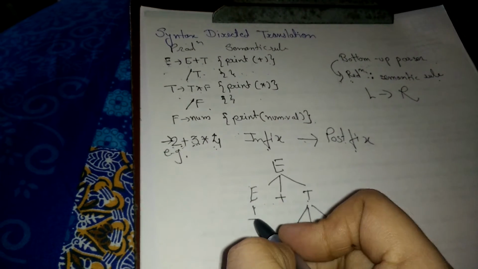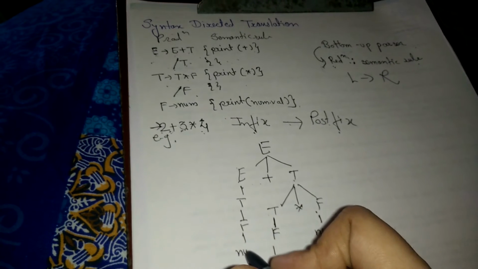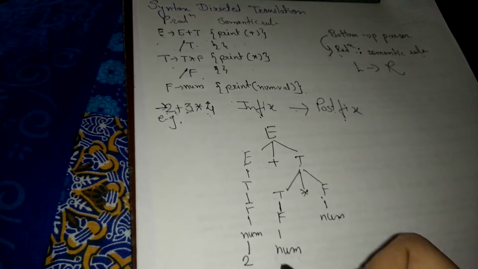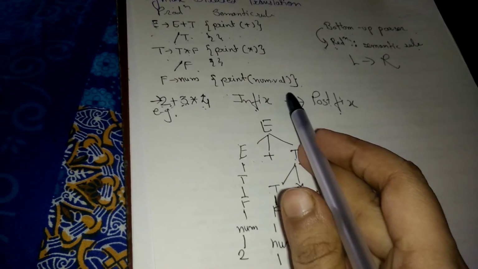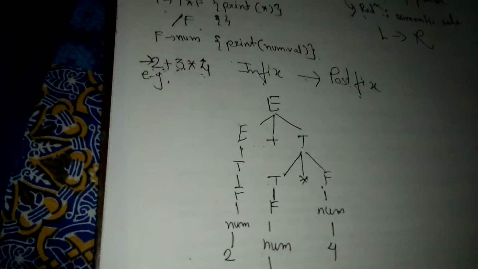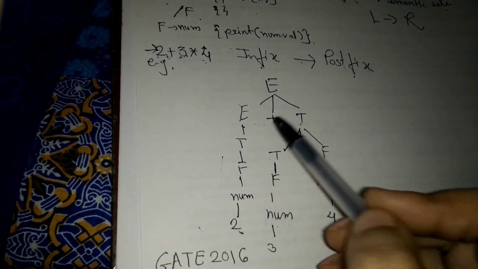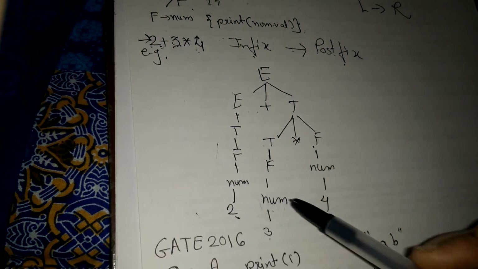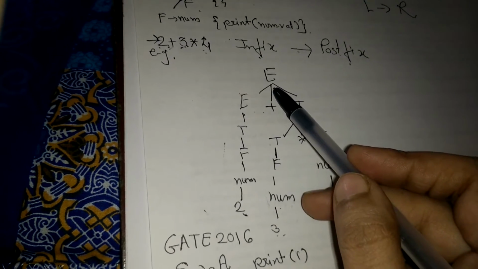Here for E we are going to first take T, then for T we are going to take F, and for F we are going to take num. Now what num is saying is, print the value of this. Num is nothing but a num value. Okay, so this is how your syntax tree will look after we derived it for 2 plus 3 into 4. As we know, the precedence of multiplication is higher, so 3 into 4 is done first, and whatever the answer, that will be given for addition.